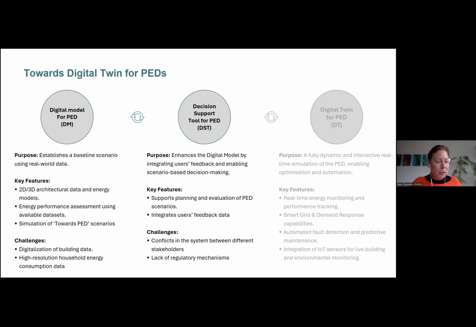Our goal for the Swedish part is to go from the digital model to a decision support tool. You can see different abbreviations compared to the previous speaker, and finally end up in some digital twin. But we also have a broader interpretation of the digital twin. Maybe it's not always related to real-time data. So we want to use this tool to generate scenarios and explore new technological and process-related solutions. Also exploring upscaling potential. We also work a little bit with business models and the social dimension.